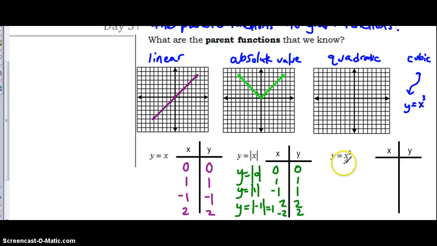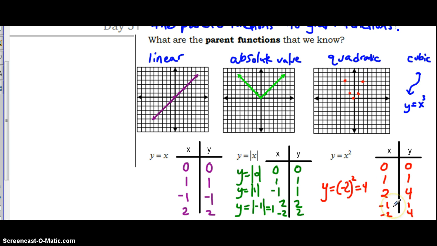And again, we're plugging in y equals x squared. We plug in for x, and we find our y. So go ahead and pause and try that. Okay, so hopefully you plugged in, you used 0 as a good starting point, and then 1 and 2, and